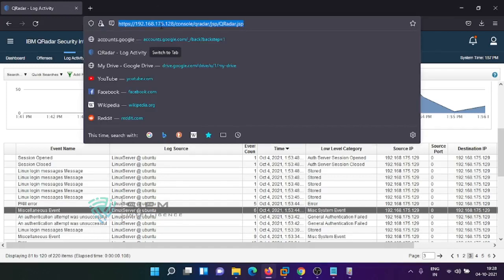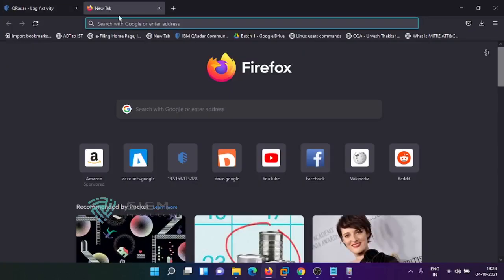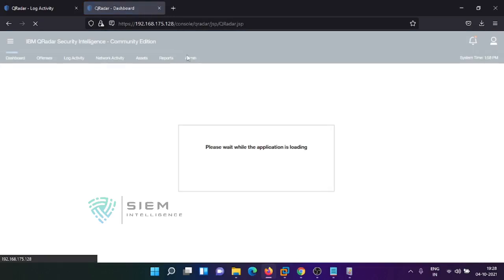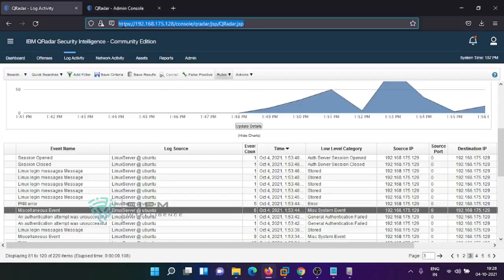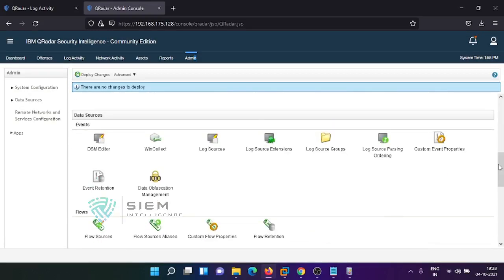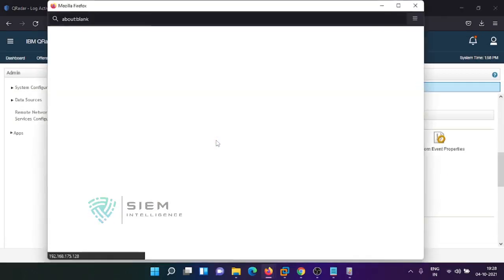See, if you go and see in our log source, we'll see. I am opening another tab. Yeah, if you go and see in our log source tab, see, there is a log source there.